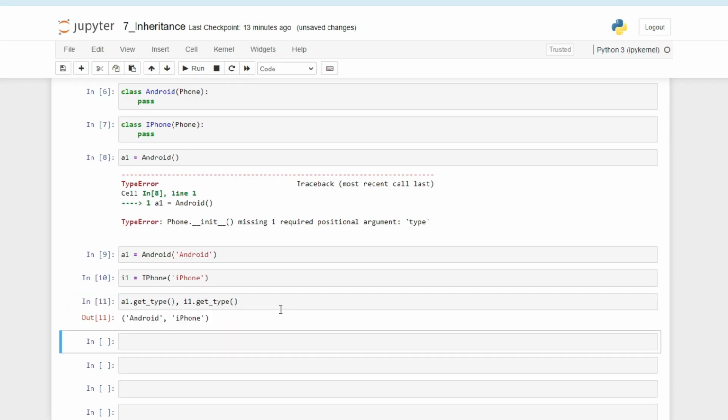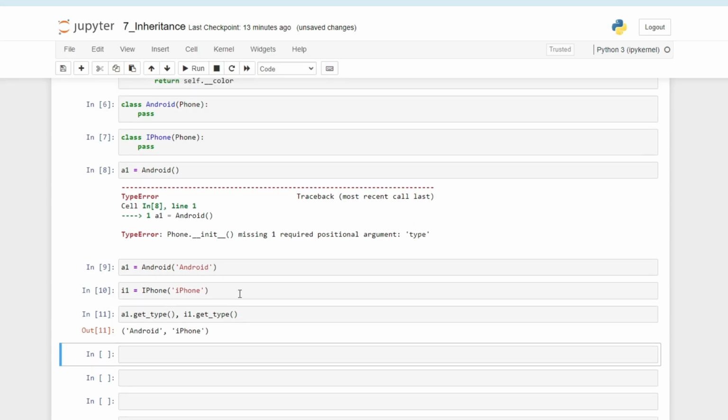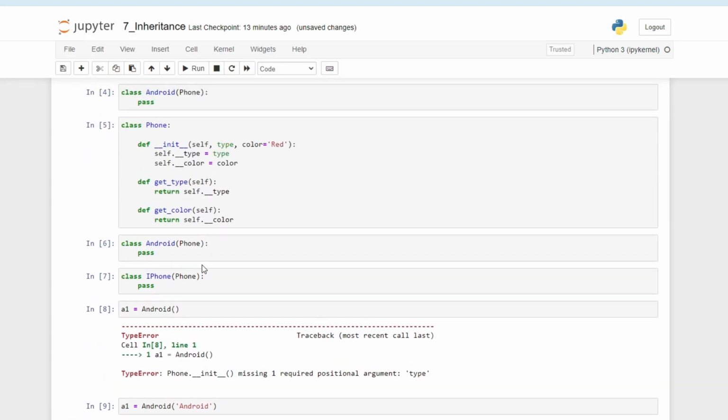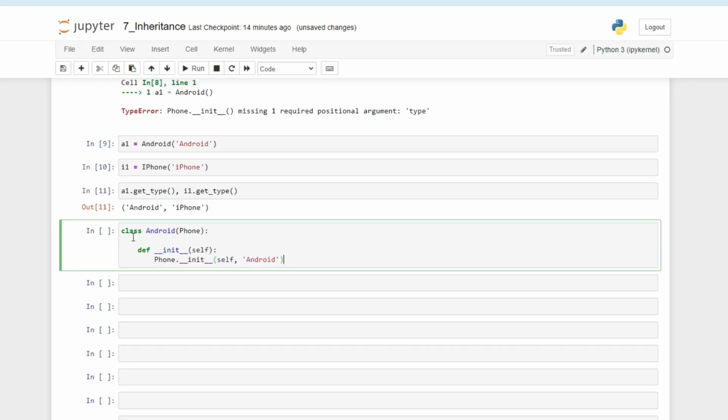This demonstrates the inheritance principle in action. Even though we don't explicitly define a getType method in the Android and iPhone classes, they inherit this method from the phone class, and this showcases the ability of objects created from subclasses to reuse existing methods from the parent class. Now, recognizing the redundancy in specifying the phone type when creating an object of type Android or iPhone, we can streamline the process